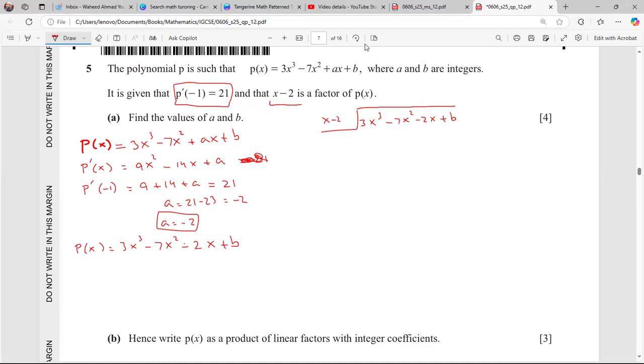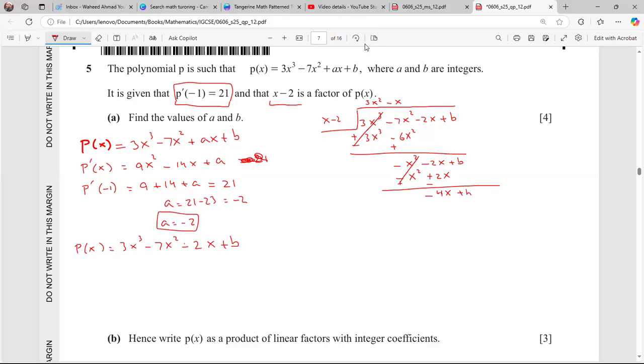Let's see. If I divide it, it's going to be 3x squared. So it becomes 3x cubed and minus 6x squared. If I subtract, plus minus minus plus, this will cancel. So it will become minus x squared minus 2x plus b. And then minus x. That will be minus x squared and plus 2x. When I subtract, this cancels, and it is minus 4x